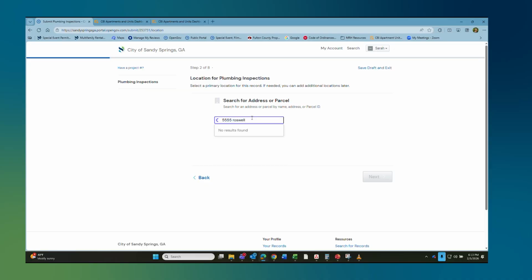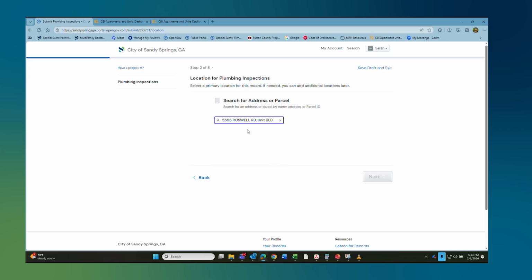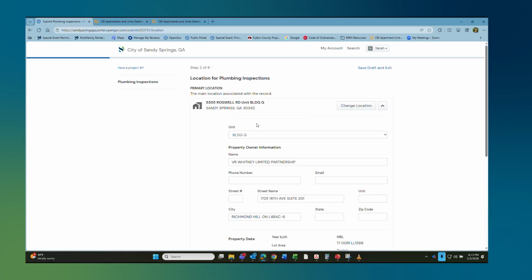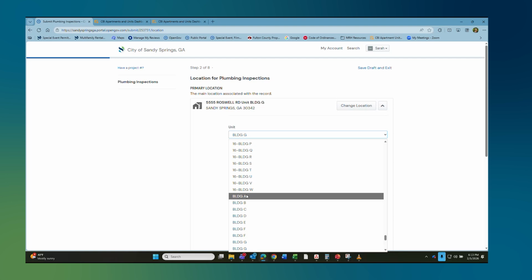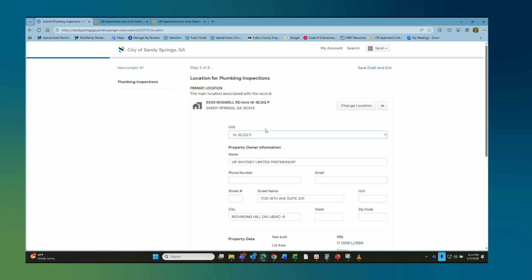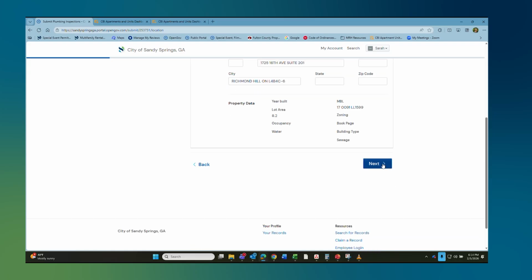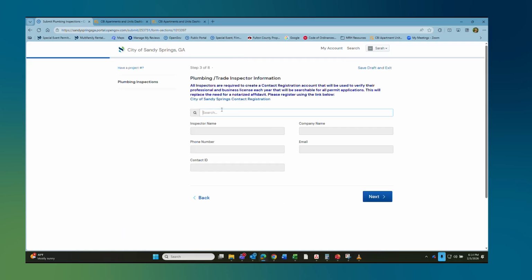You can go ahead and type out fully the address. A shortcut way is to hit whatever one is first, and then you'll go to that first drop down and you can select whatever unit you have. So whatever unit you're putting the record in for. You will hit next and you will hit